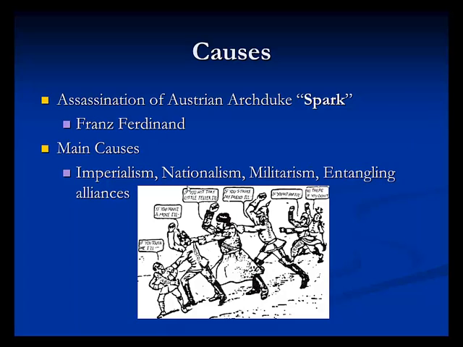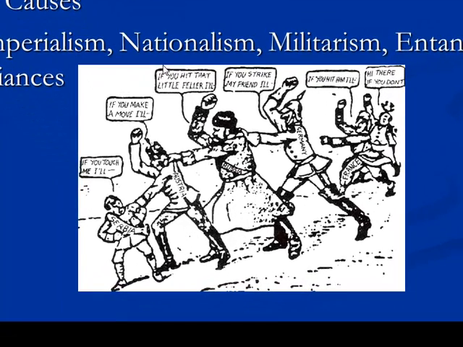For instance, if Germany invaded France, then Great Britain's treaty with France would obligate them to attack Germany. This in turn would draw other players in. The main point you should take away from this is that an attack by one nation was going to draw in the other powers. The political cartoon below lampoons the system of alliances and does an excellent job of showing how all the powers were drawn into the conflict.